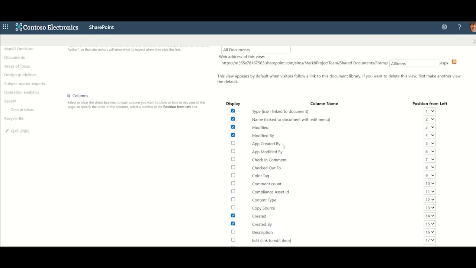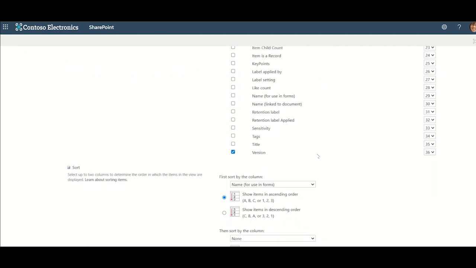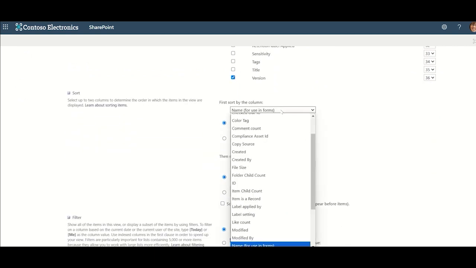The numbers that exist on the right-hand side allow you to change the order of the different fields. So you can pick and choose and decide what order you want the field in. For instance, the date that it was created or who created it, maybe could be second, and I'll make it third, and maybe I'll make this one the fourth one. So that's the created by. So I'm just reorganizing the different columns.